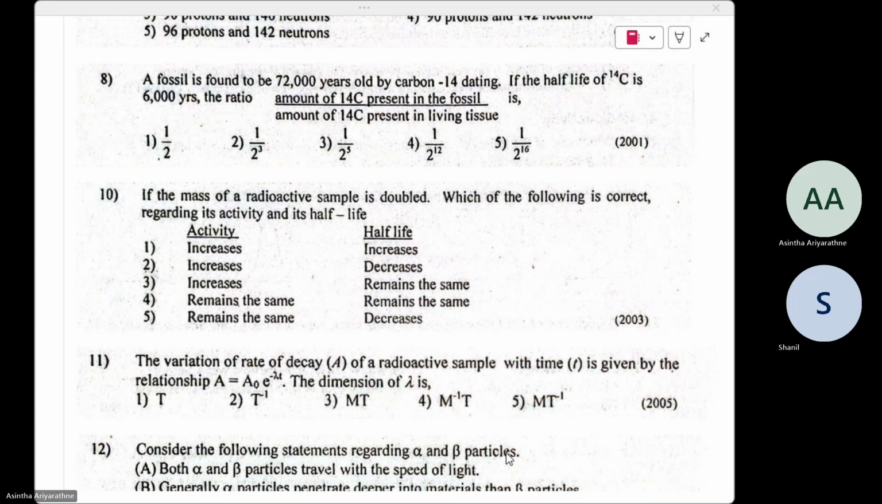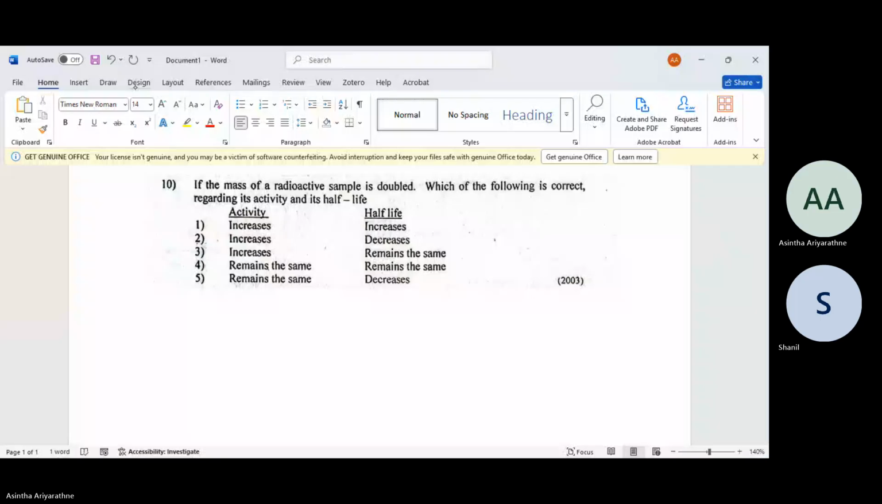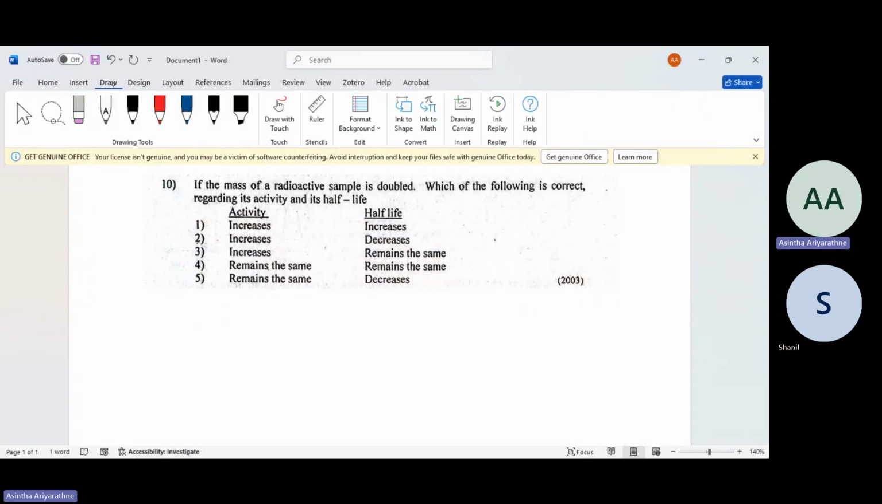activity, does activity depend on mass? Yes, it does. Activity depends on mass because activity is the rate of decay, decay per second. So if they increase the mass, the rate of decay also has to increase. So if mass is increased, this N would increase. N is the number of